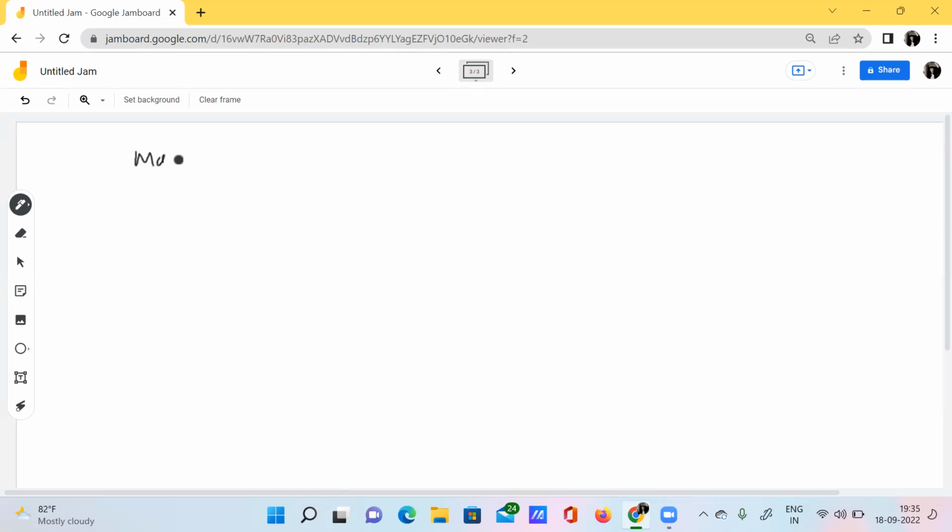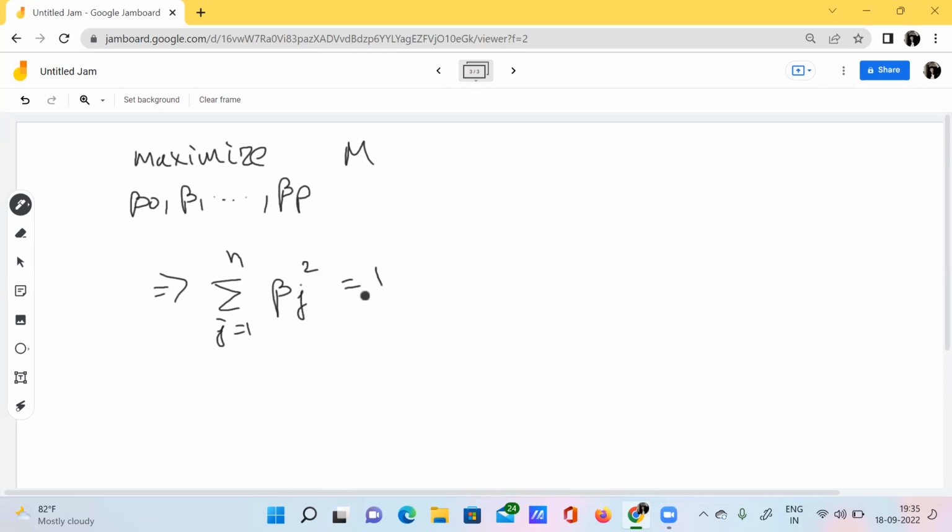See, we have already seen that we need to maximize capital M. Here we have the parameters beta 1, beta 2, and so on, up to beta p, where the sum over j equal to 1 to p of beta j squared is equal to 1, and yi times (beta naught plus beta 1 x1 plus and so on plus beta p xp) should be greater than or equal to capital M, right?